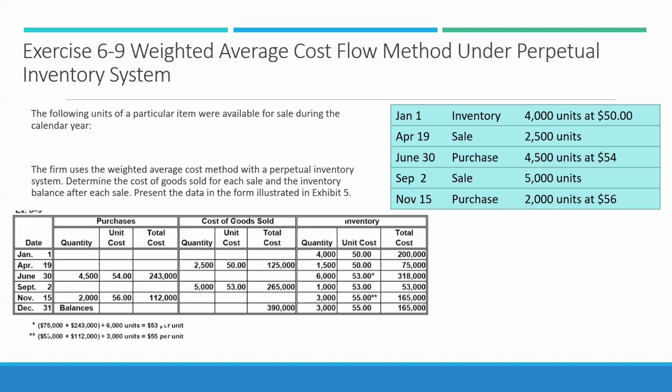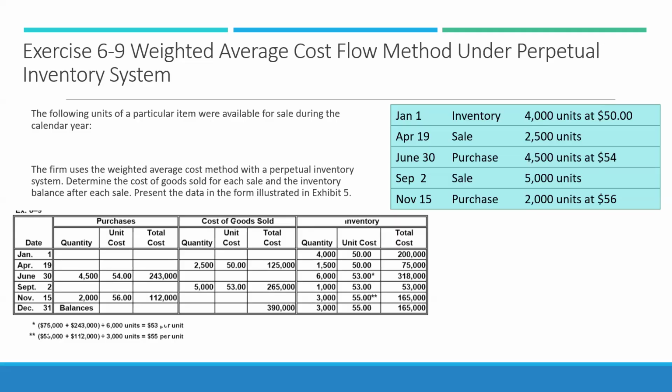For our first purchase is $4,500, and to compute the unit cost after that purchase, we have 1,500 remaining because we had 4,000 minus 2,500 is 1,500, and our unit cost at that time was $50. So we have 75,000 of inventory from the initial purchase, and then we purchased $243,000 of inventory. So our total inventory is 318,000, and then we divide